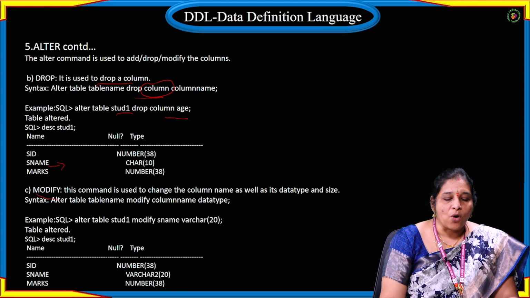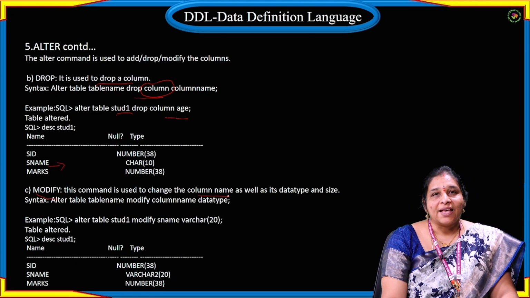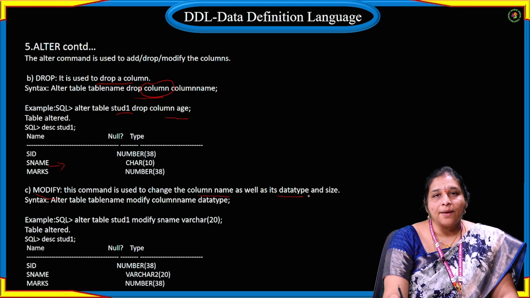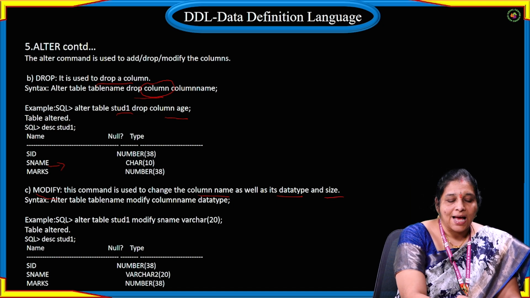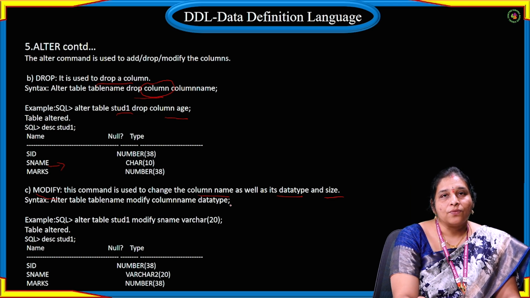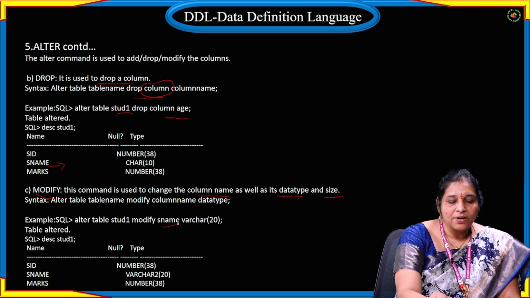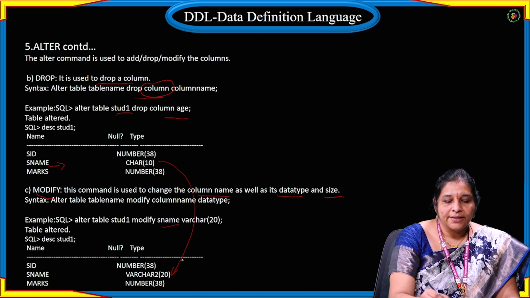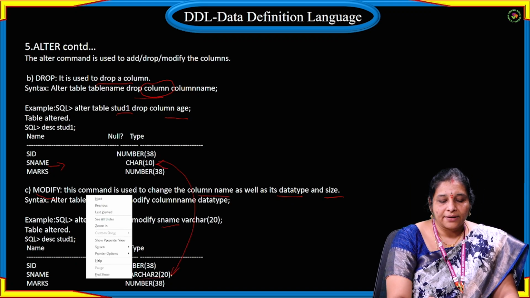Now the third one is modify. This command is used to change the column name as well as its associated data type and also size. So the syntax is alter table, table name, modify column name followed by its associated data type. So alter table student1, modify SName. What is the previous one? If you see over here, it is character of 10. Now I want to change to varchar of